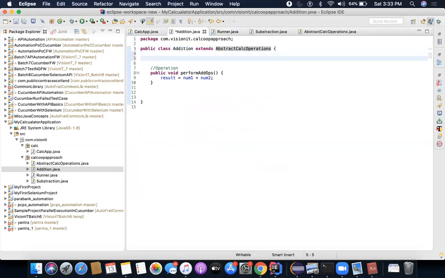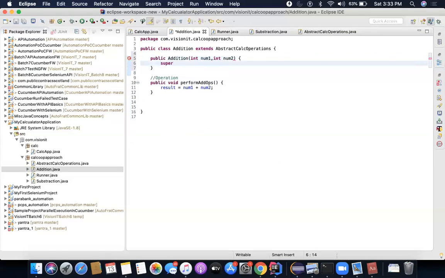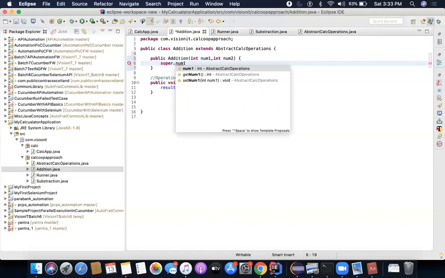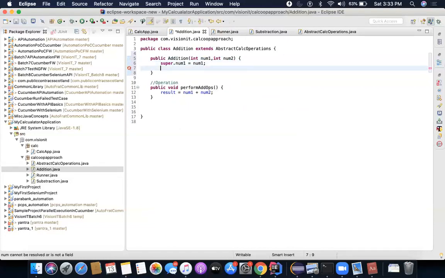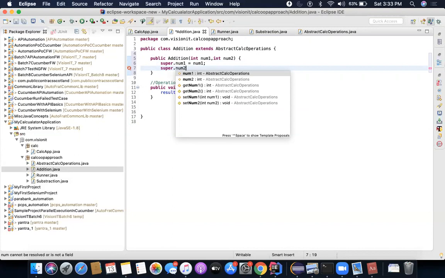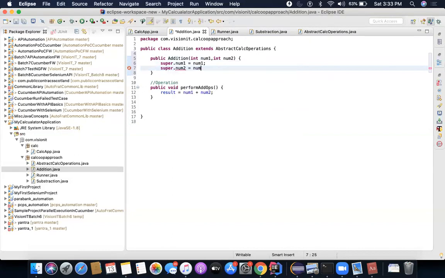So when I go here, I'll create a constructor public addition, and I'll say int num1, int num2, and I will say super dot num1 is equal to num1, super dot num2 is equal to num2.